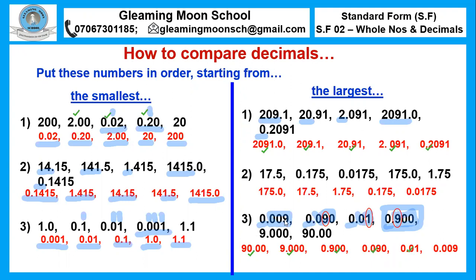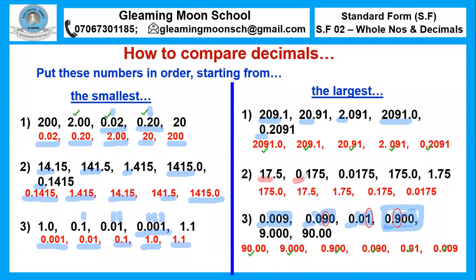So this one comes last because that is the thousandth, okay, and it is of lesser value than the hundredth and the tenth, and that's why it's the last. So we have ordered this starting from the largest to the second largest, third largest, fourth largest, fifth largest, and then the smallest. So going back to number 2 now, we have, looking at the whole numbers again, we have